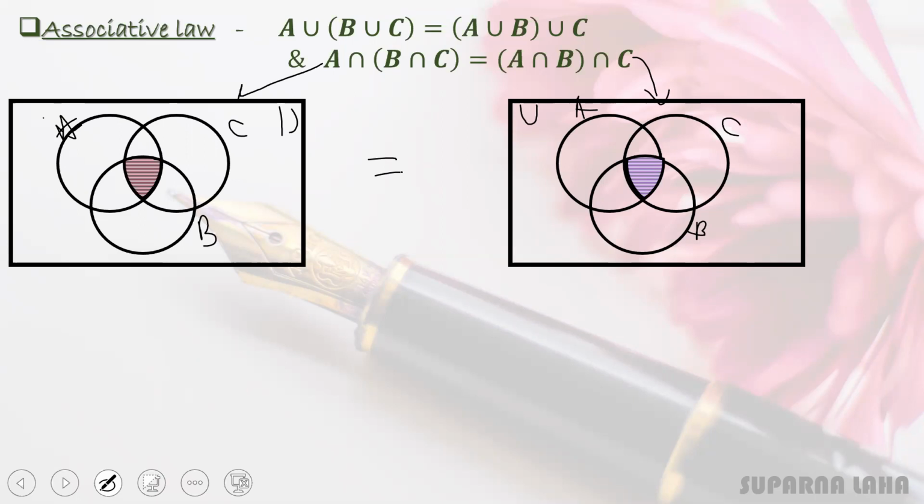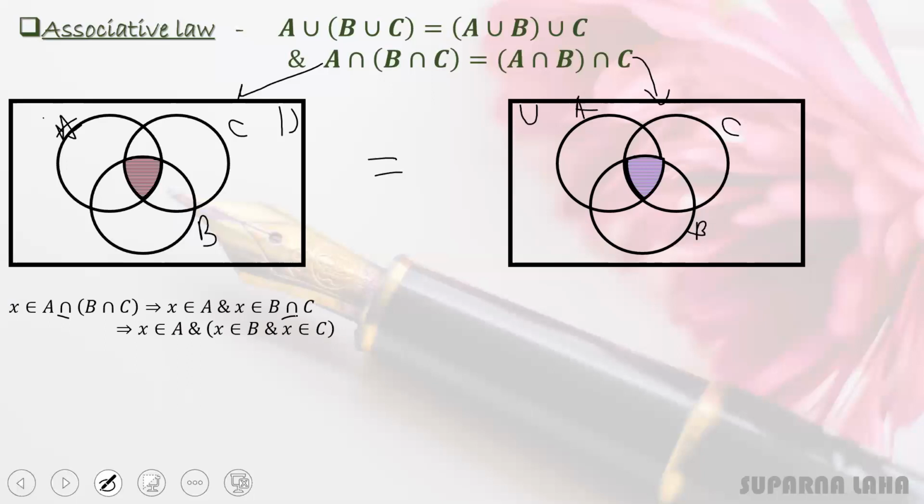Now let's prove it mathematically. Same process. We need to take an element in LHS, then show it is present in RHS. Next, we need to take any element in RHS, and then show it is present in LHS. So let's take X belongs to A intersection B intersection C. First replace this intersection with AND, that is X in A and X in B intersection C. Again replace B intersection C with the definition, that is X in A and X in B and X in C. And then change the pair.